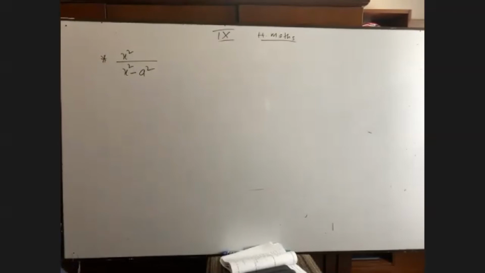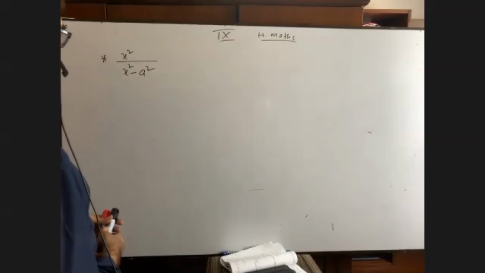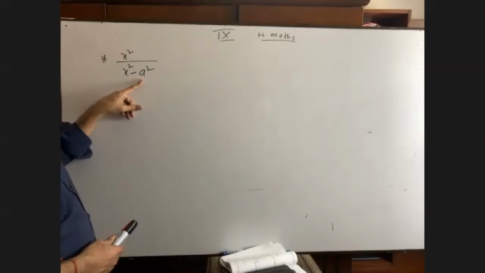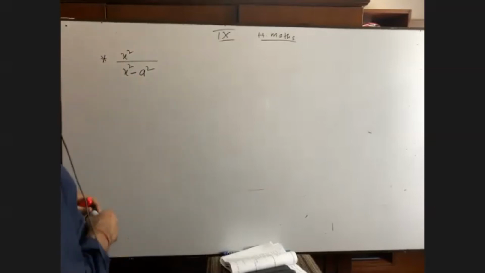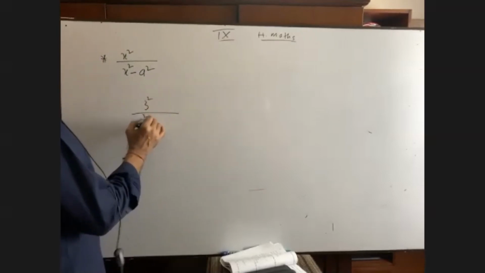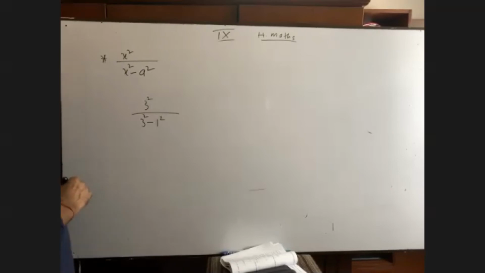Improper fractions. It is one type of improper fraction, because the numerator has the same power as the denominator, but it has been subtracted, like this: x square by x square minus a square. This is an improper fraction. So you have to write down